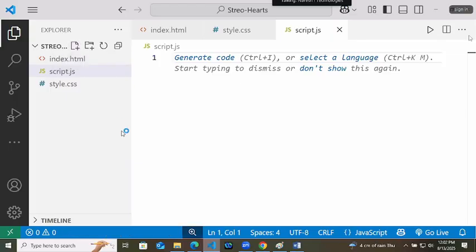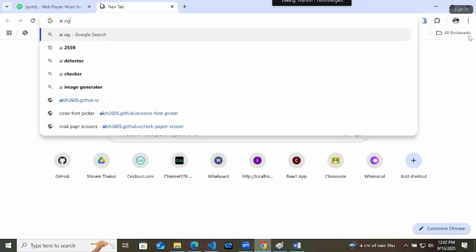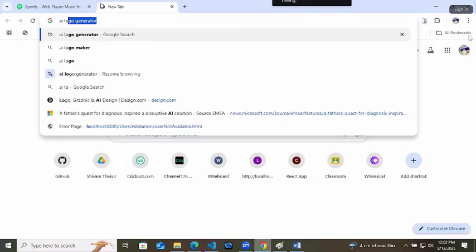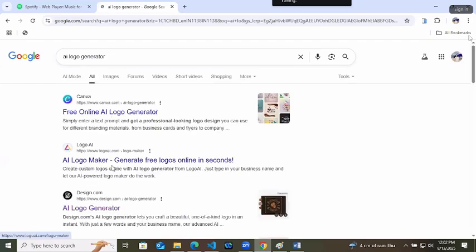So now we need a logo for this. AI logo generator. Design website we will use for it.